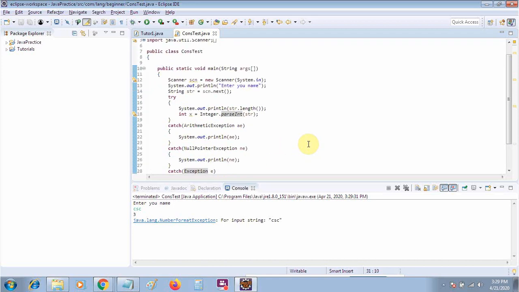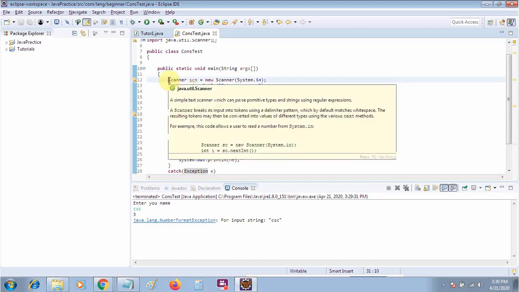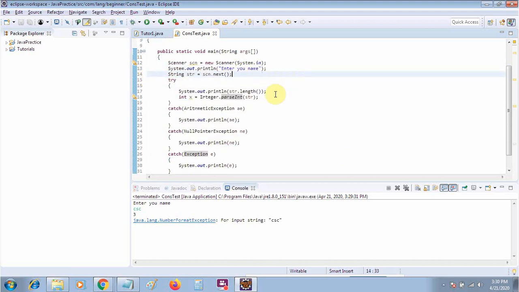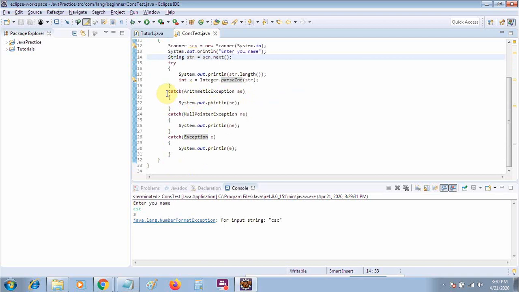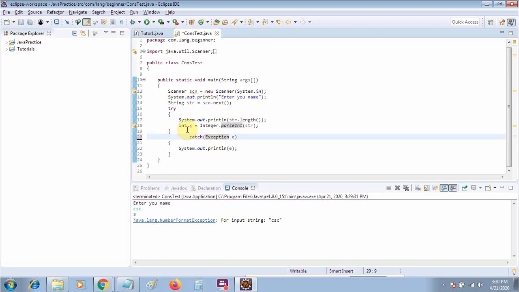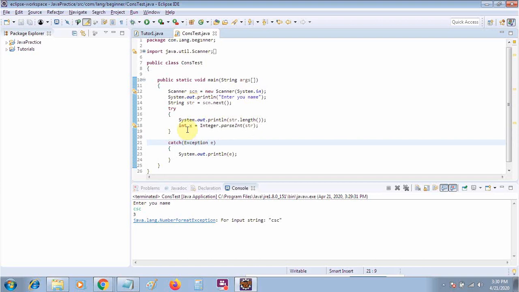Now let's discuss more about the finally keyword. Suppose let it remain as it is. What do you mean by finally? Always remember, final, which we discussed in my previous class, is a keyword which does not allow you to change a variable value, does not allow you to override a method, and does not allow you to inherit a class.